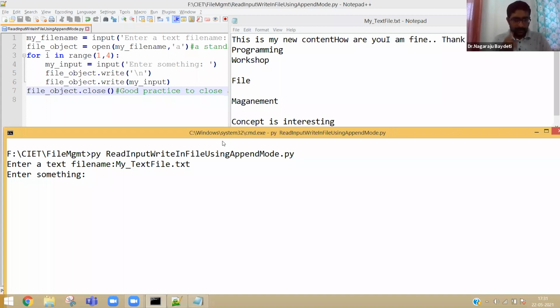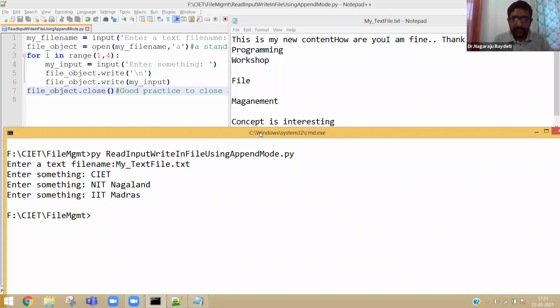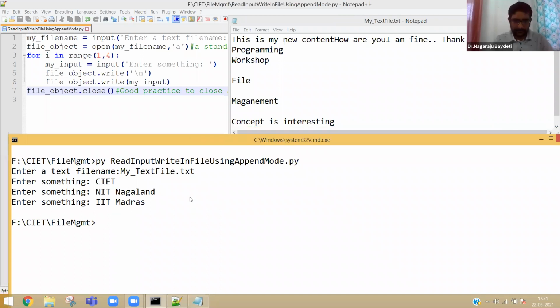Let me type CIET, let me type NIT Nagaland, let me type IIT Madras. Now what should happen after concept is interesting?